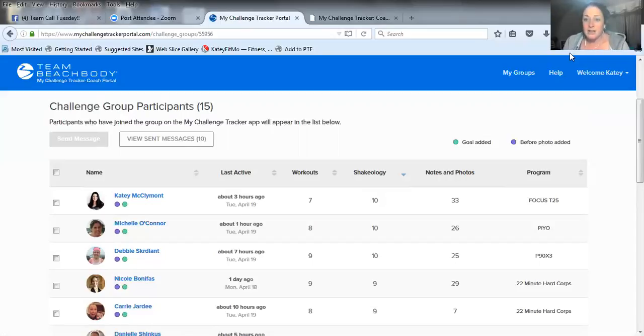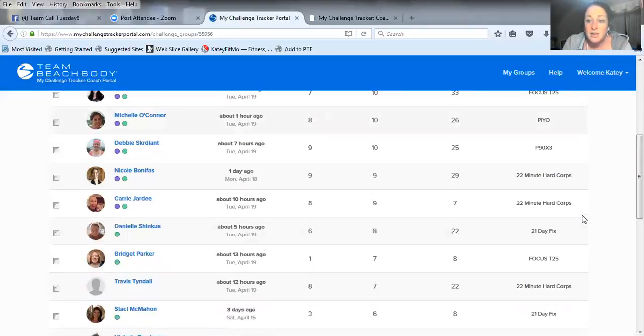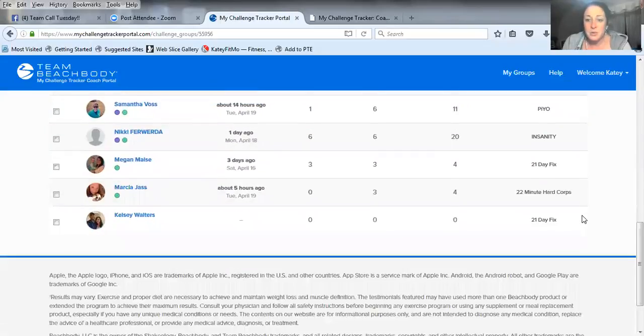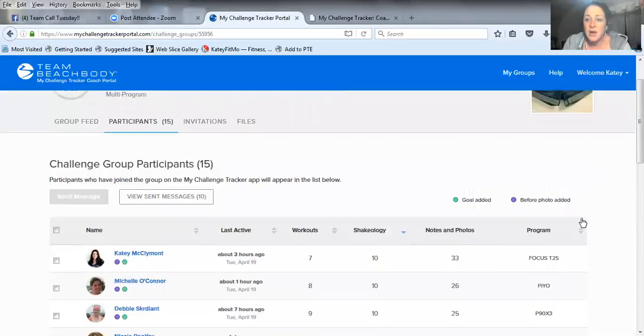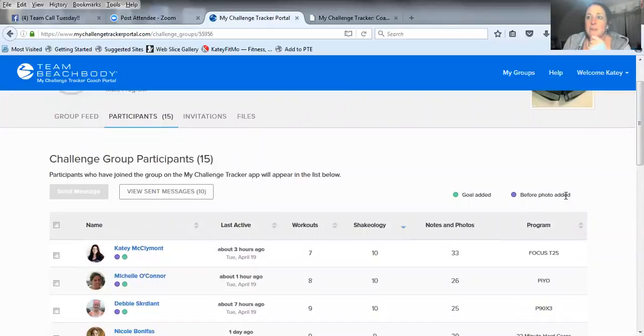The last part there is programs. So you can see exactly what people are using for their programs. Which is pretty cool. Now, if say you're going to do like a free group, which is totally doable, you could use this app for a free group because you can set your time frame very easily. And maybe it's not even Shakeology. Sure, Shakeology is going to be on there, which I think is a good thing. They'll see that as an option to mark and maybe ask you questions about it. But maybe you have